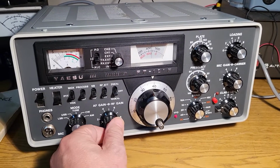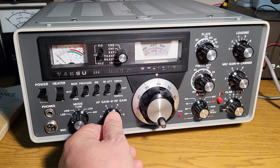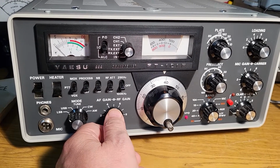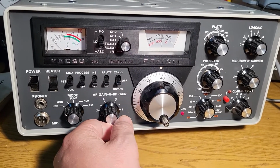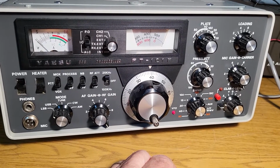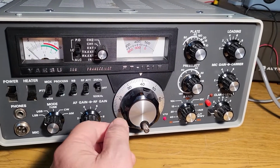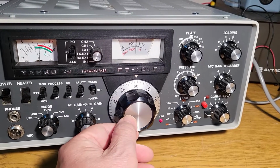And the S meter does work. I'm on a very lousy antenna, just a piece of wire, maybe 10 feet long, but that's all I have here at the time. But I will show you that the S meter works. It has a crystal calibrator, both 25 kilohertz and 100. So I'll put it to the 25, and I'll turn this down so you don't have to listen. As I get to the 50 here,